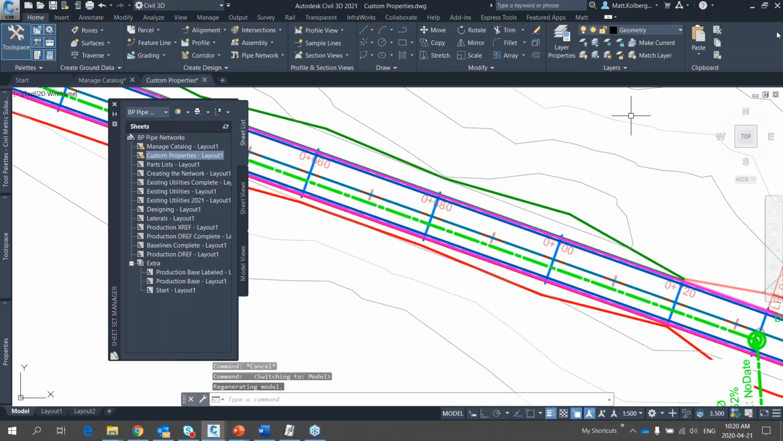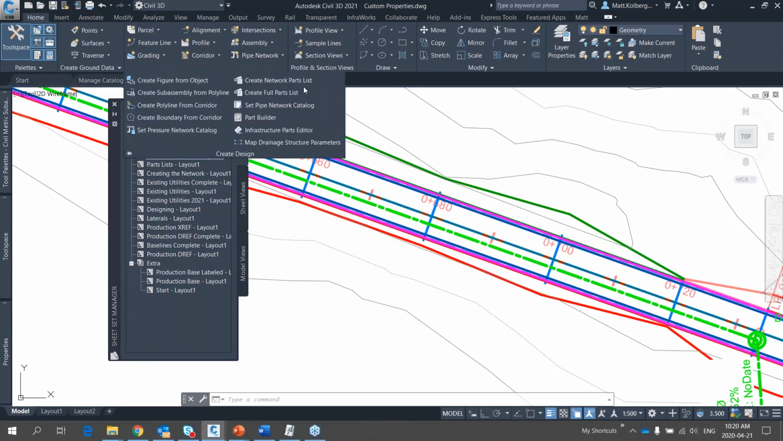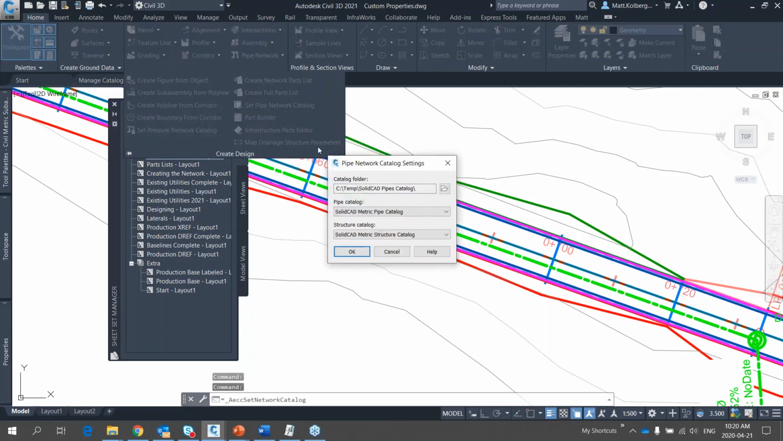All right, here is Civil 3D. Let me just make sure that you can see it. All right, that looks good. Really, it's just a matter of doing this. In your Home tab, I'm going to go here, Create Design, and set the pipe network catalog. That sets the path to my custom catalog. As you can see, mine's going here. That is not the out-of-the-box location for it. And so the best practice is take your catalog, put it up on your server someplace, and point everybody's computer